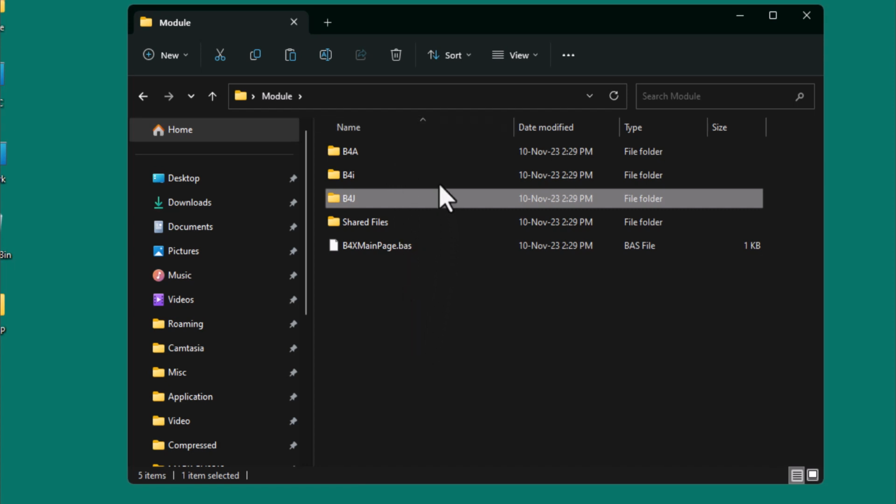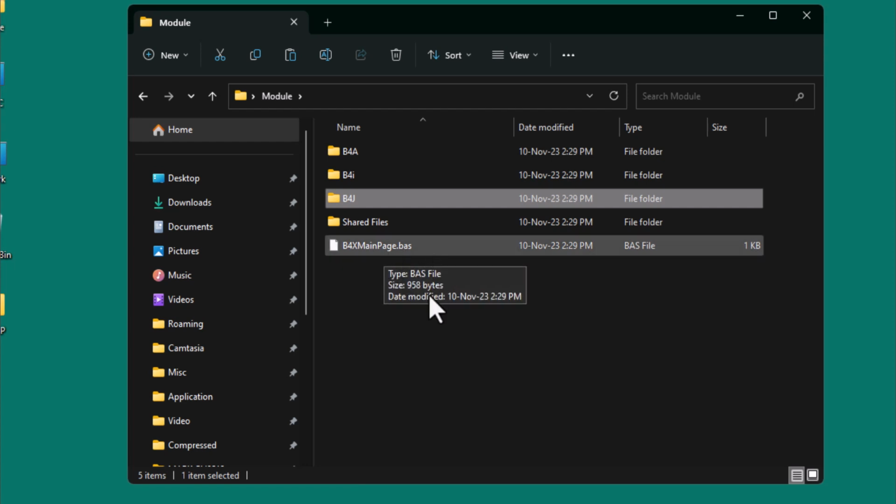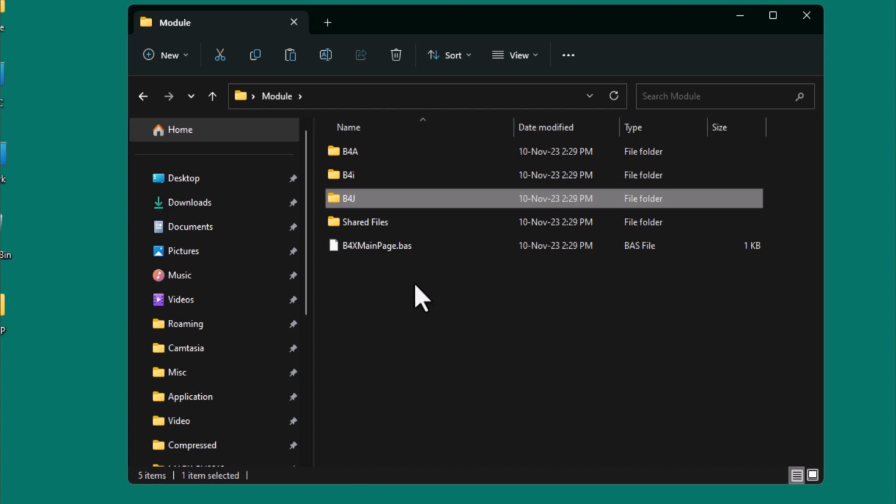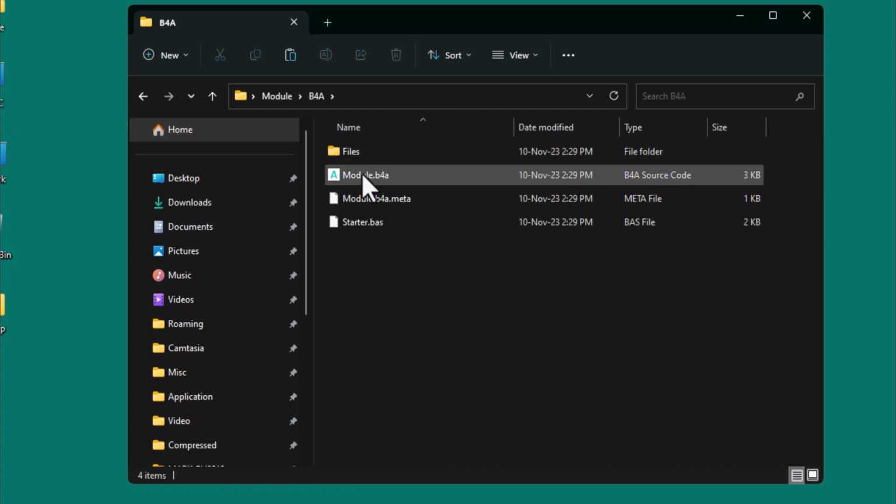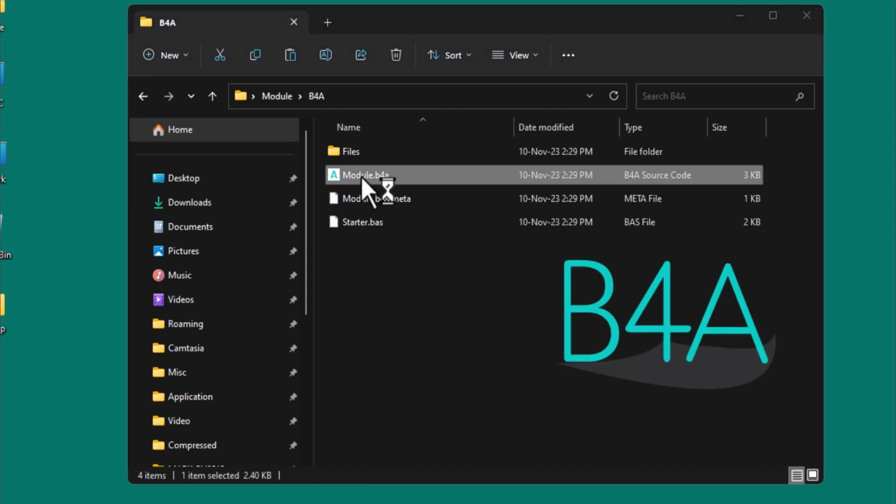Our main concern is this folder structure. This location is called the parent folder for the project. This is the parent folder for the project, which means this B4XMainPage.bas model file, when you open the B4A IDE, you should be able to see it there because it's linked there.